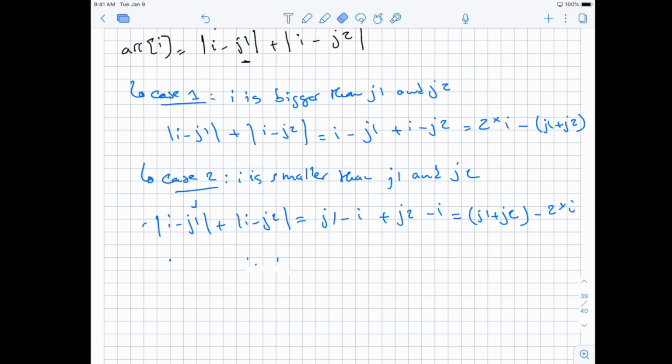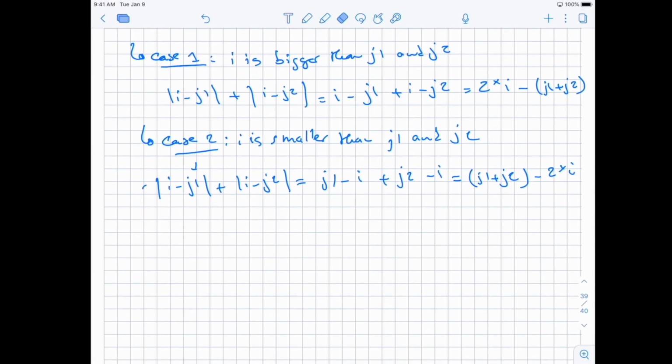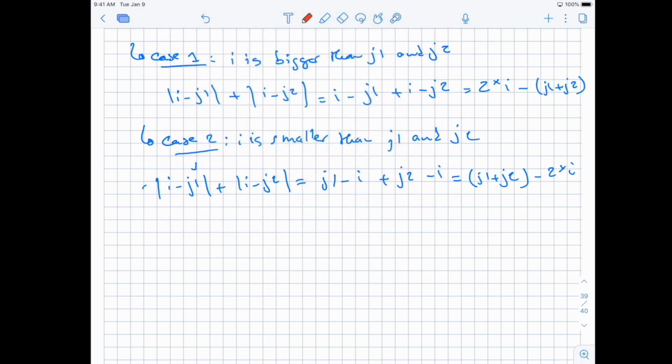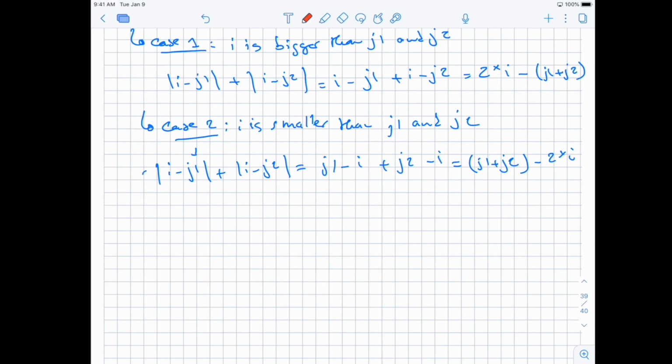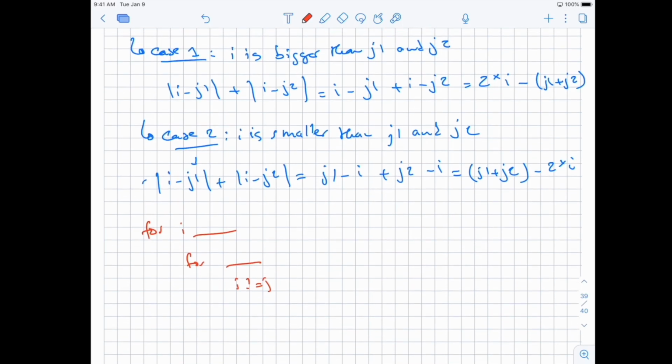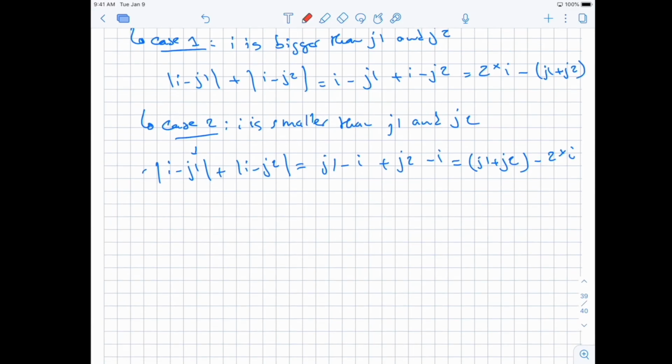Okay. And so you can see this. Why did I write it this way? Well, to avoid having to write two loops each time to get all the indices that are different than I. If we do it in a way where we have two cases, I bigger and I smaller, we can actually just do two loops, one left to right,